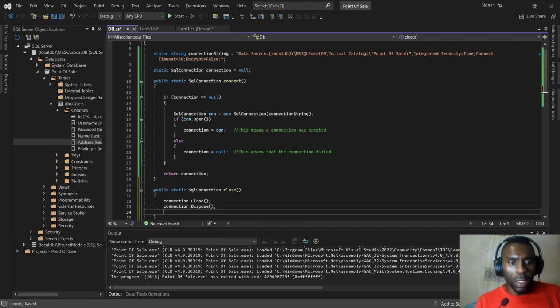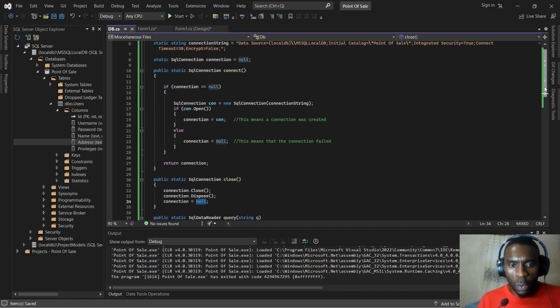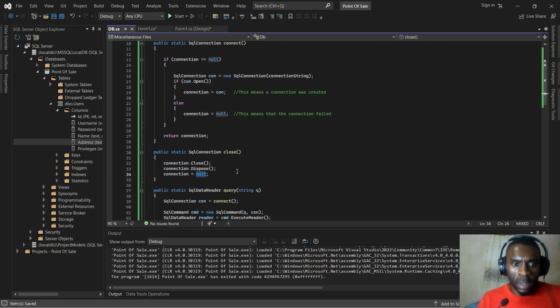Then we also try to get rid of other resources that might have been occupied by this connection. Then we should remember to indicate that the connection is now empty, just in case we want to perform another database related function. We should be able to reconnect to the database engine. For now,